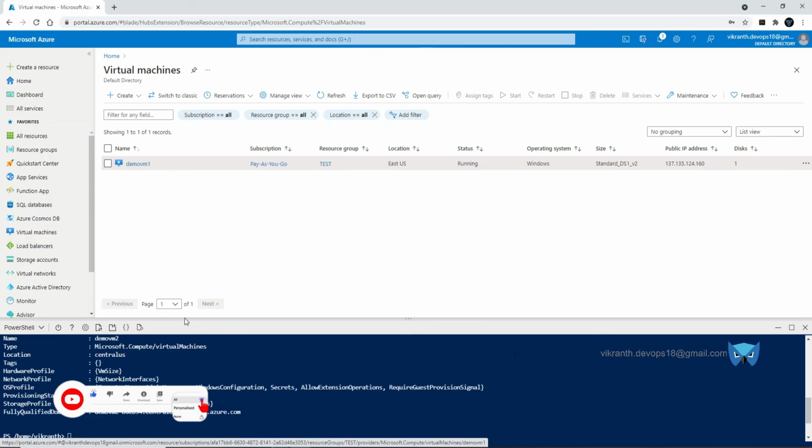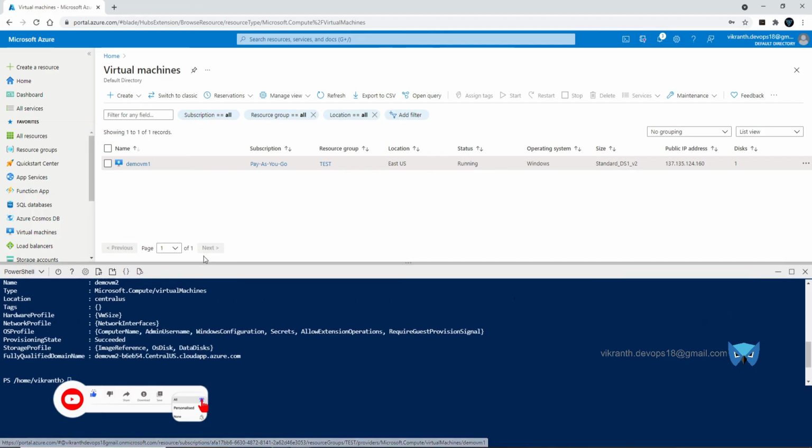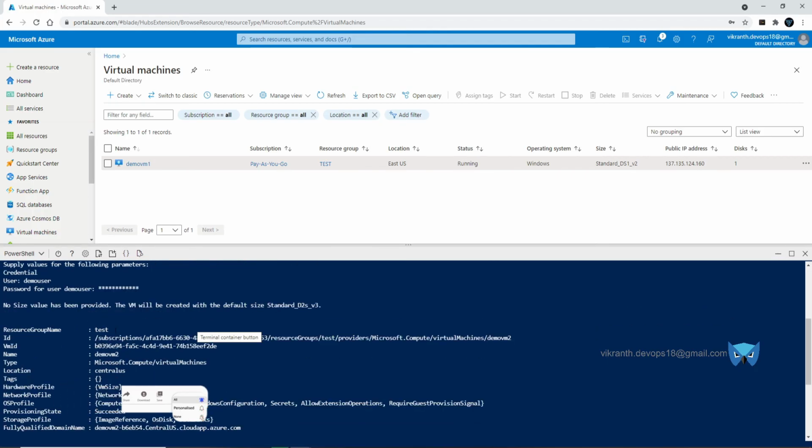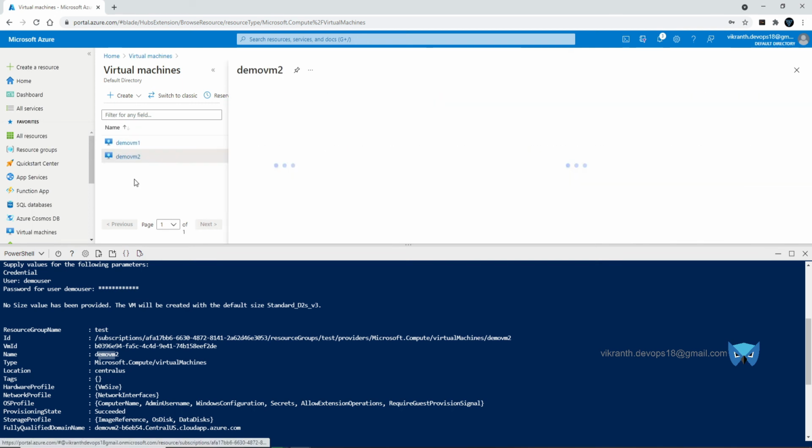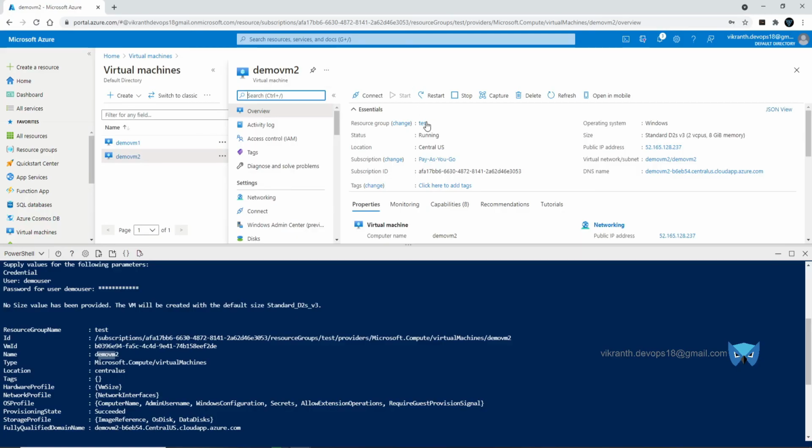So now you can see that everything is created successfully. Here you can see the resource group is test and demo VM2, and the provisioning state is succeeded. So let's refresh this. You can see this demo VM2 is running